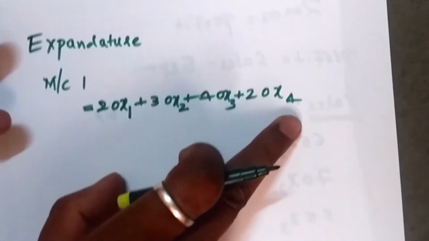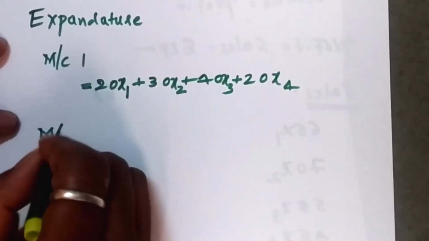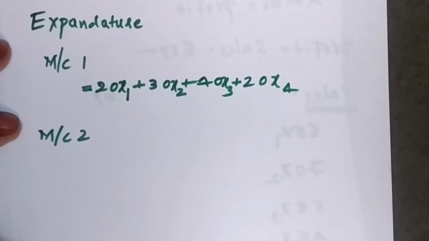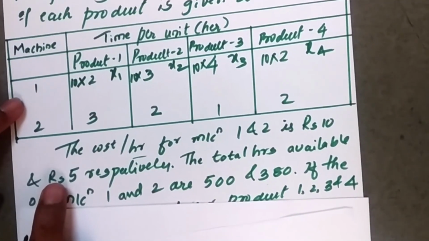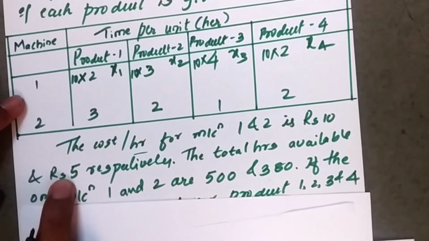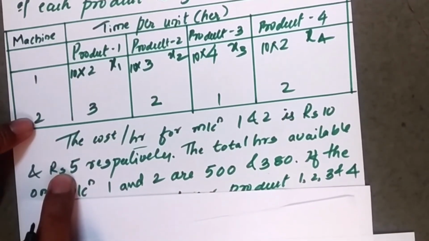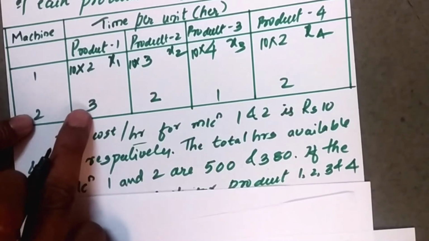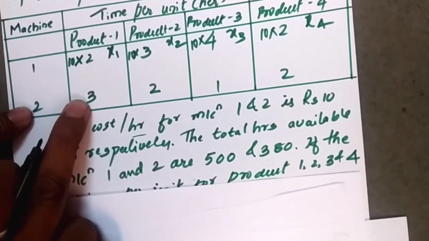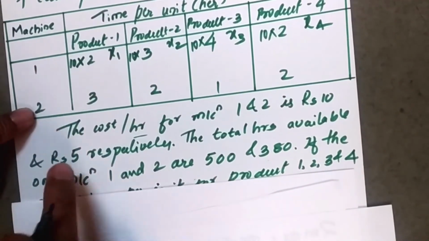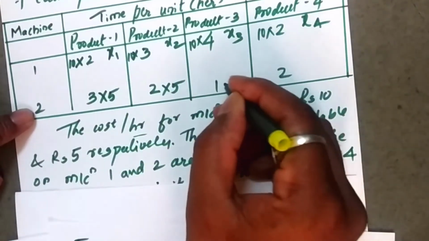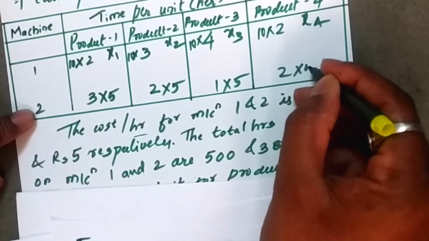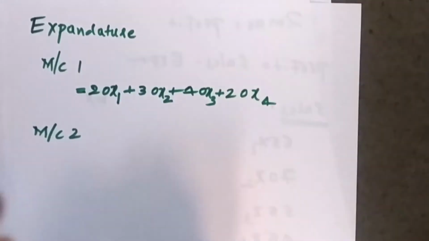So now let us write it for machine 2. Machine 2, the total expenditure for 1 hour is rupees 5. If I use machine 2 for 1 hour, we have to give rupees 5. They said they want it for 3 hours. So 1 hour is 5 rupees. So 3 hours is nothing but what? You have to multiply it, 5 into 3. So here I'll write it for machine 2 now.